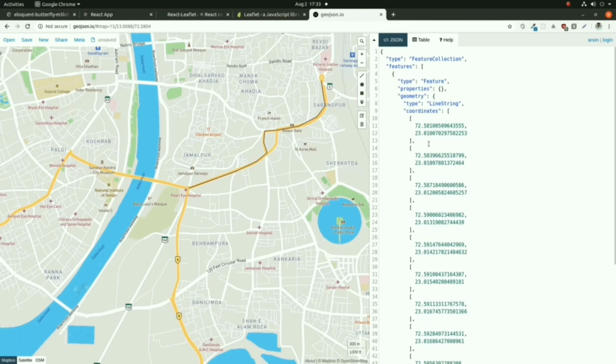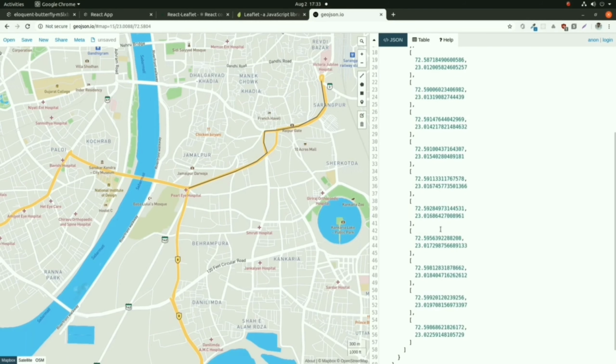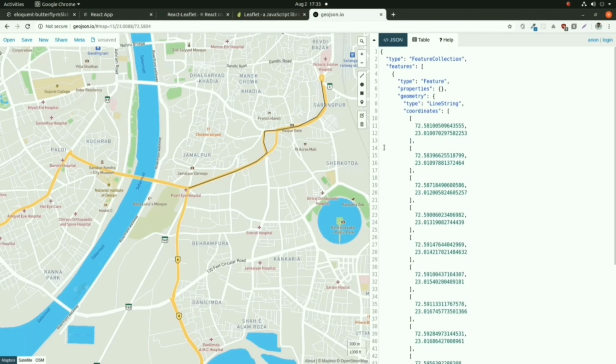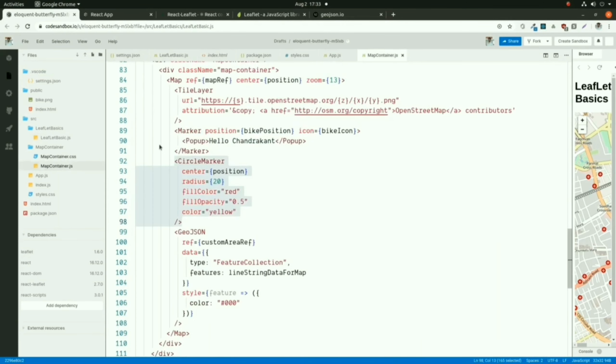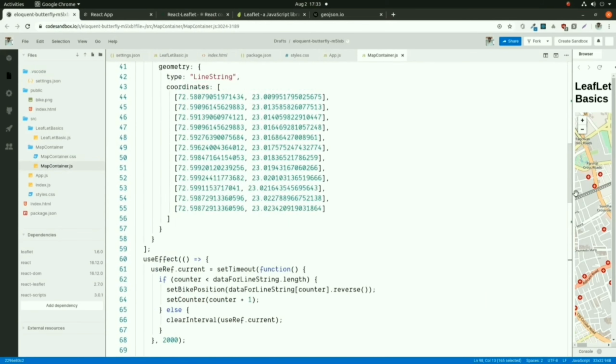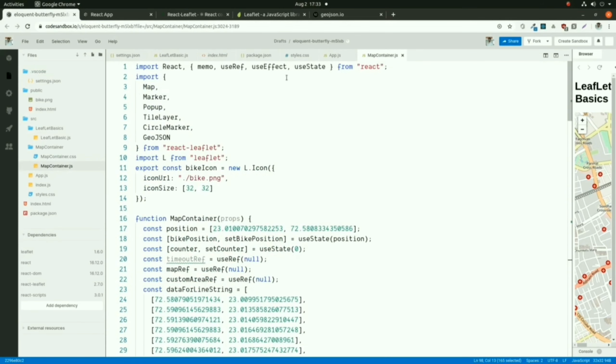At the right side window you can see that your GeoJSON object is generated. Now this GeoJSON object we will use inside our map. Now for GeoJSON I need to import the GeoJSON from the React leaflet.